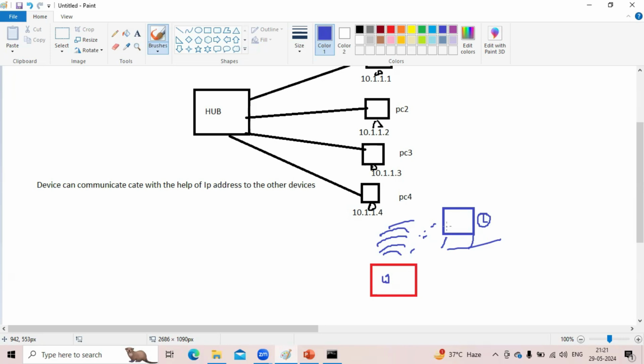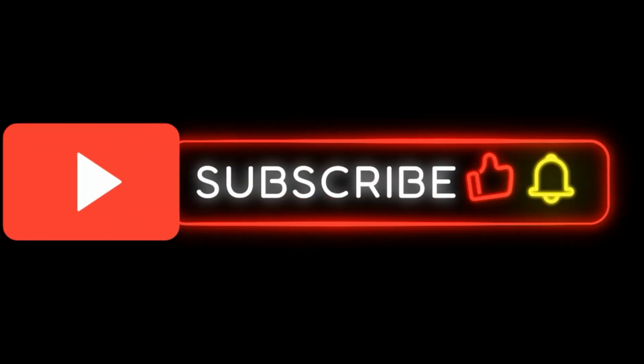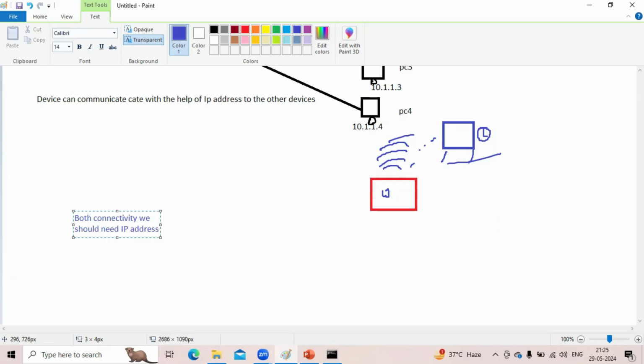We need an IP address for each and every device to communicate. Whether we are connecting through wire or wireless doesn't matter. We just need an IP address to communicate with the other device. That is one thing we have to take care of.